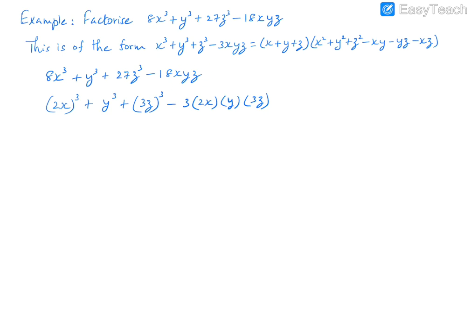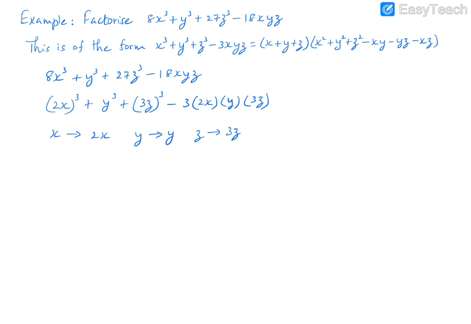So now this corresponds to the form of the general expression for the identity number 8. So in place of x, we have 2x. So let's write that. X maps to 2x. Y maps to itself as it is. And in place of z, it is mapping to 3z. So now we are just going to substitute in place of x 2x, in place of y y, and in place of z 3z